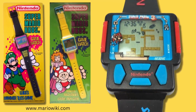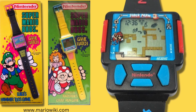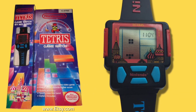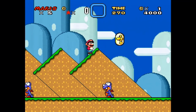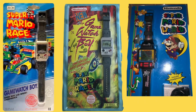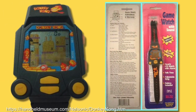As well as continuing the collaboration with Nintendo into Mario 2 with some more inventive spin-offs, and Super Mario 3 in 1990, there would be the link into Nintendo's crazy successful Game Boy game Tetris with the Tetris Game Watch. The relationship would carry over onto Nintendo's new console, the Super Nintendo or SNES, with watches like Super Mario Kart or Race in 1992, Star Fox in 1993, and ultimately back to the source of a lot of this, the